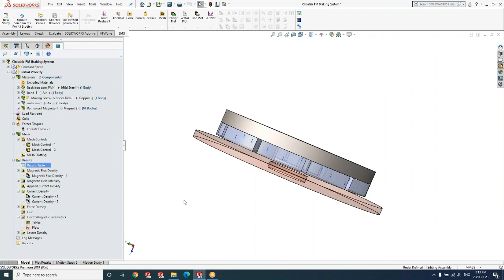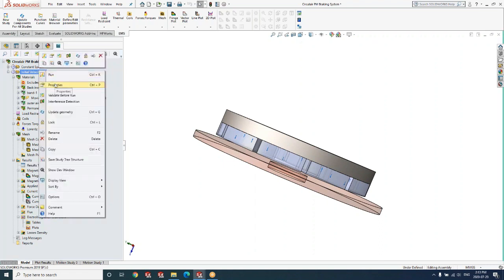So in this demonstration, you are going to see SolidWorks CAD, EMS, and SolidWorks Motion in action. The first step needed in doing any kind of EM simulation is to create what is called a study.